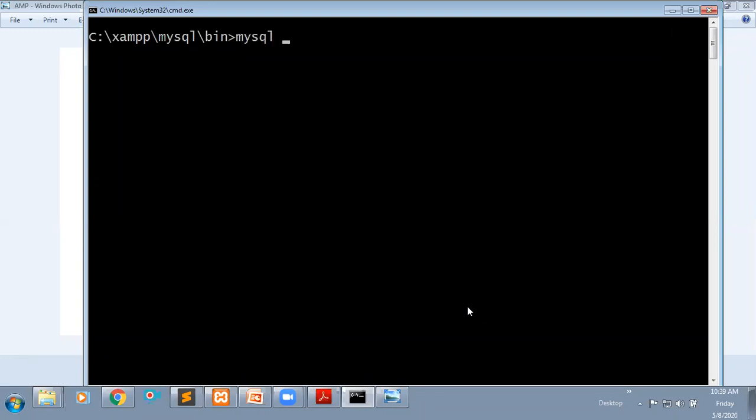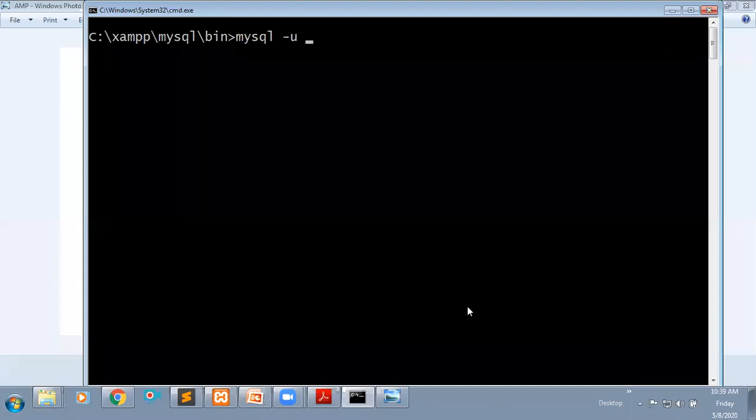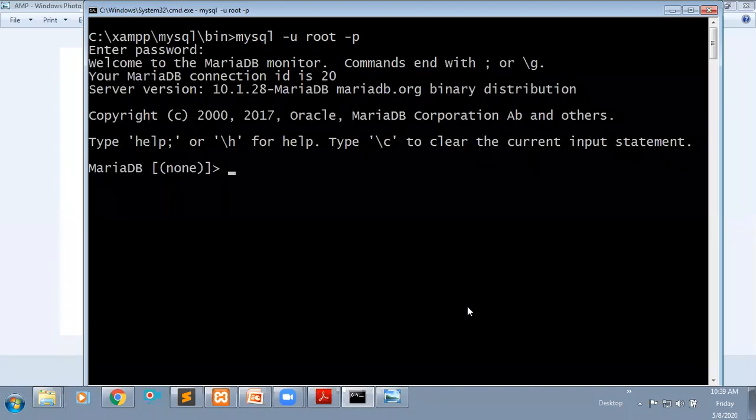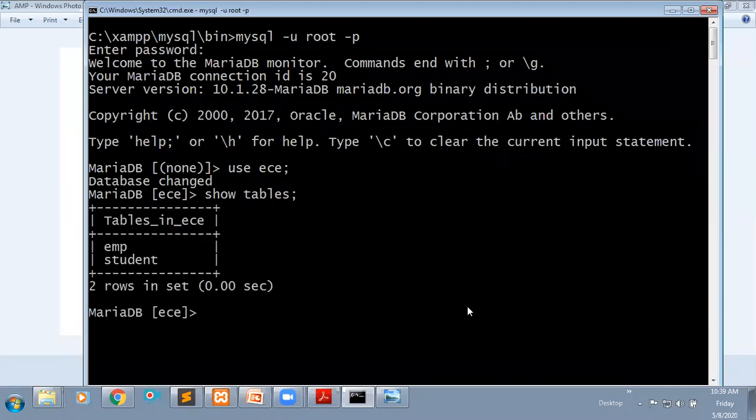How to connect to your MySQL server from here? Just user is root and the password is empty, right? Now you have entered into your database. In the last class we created one database. You just select the database, where you created one table. If you want to see your previous tables, just type show tables, and it will show your tables. There we created one table, student.